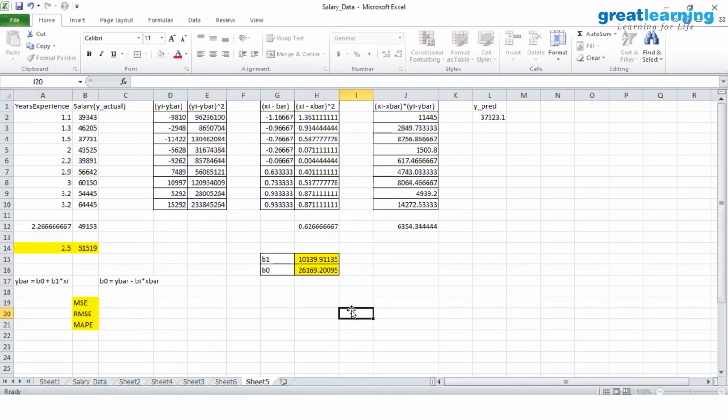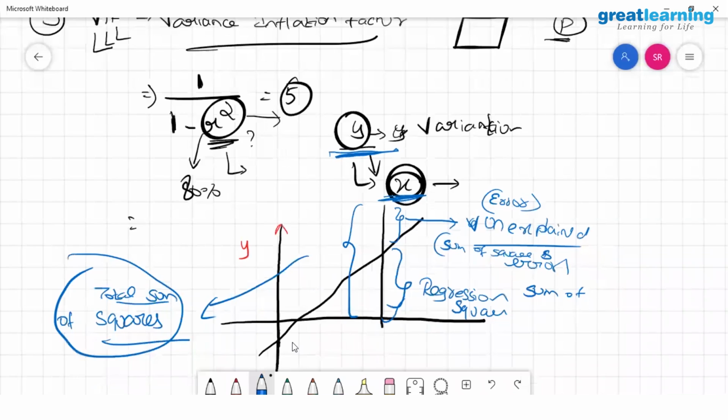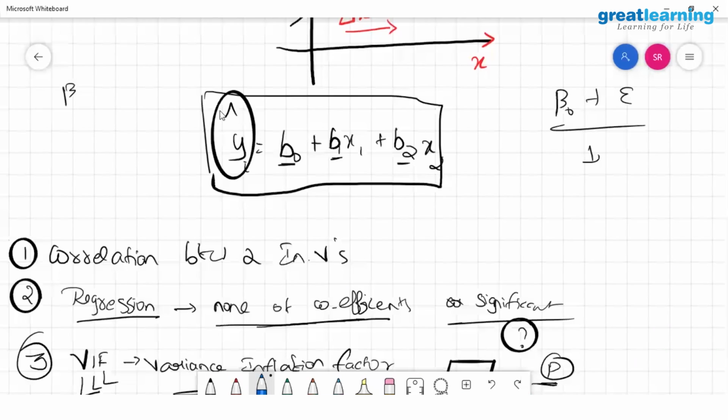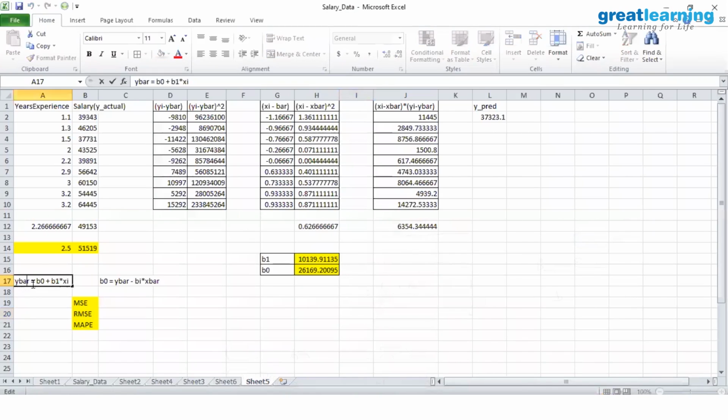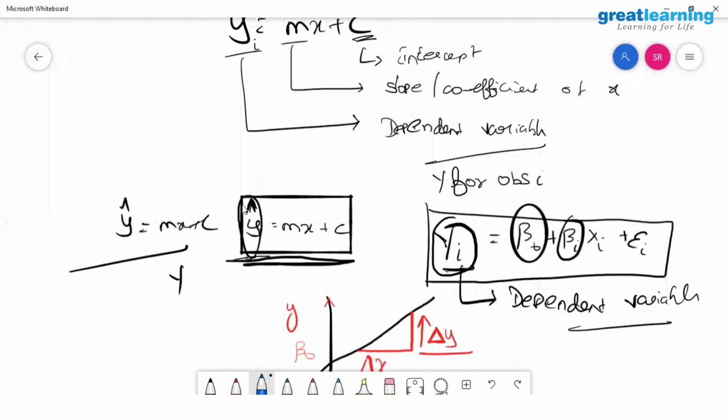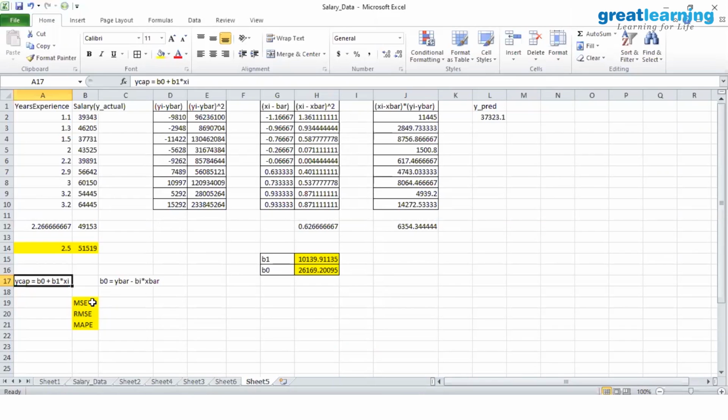Oh, the big problem, what I tried. See, here, the formula I have written is Y cap. Since I was not able to mention it as Y cap, I put it as Y bar. This is actually Y cap. If I go back here, it is Y cap. I wanted to represent it as Y cap, but by mistake I put it as Y bar. So still, I think Y cap is equal to